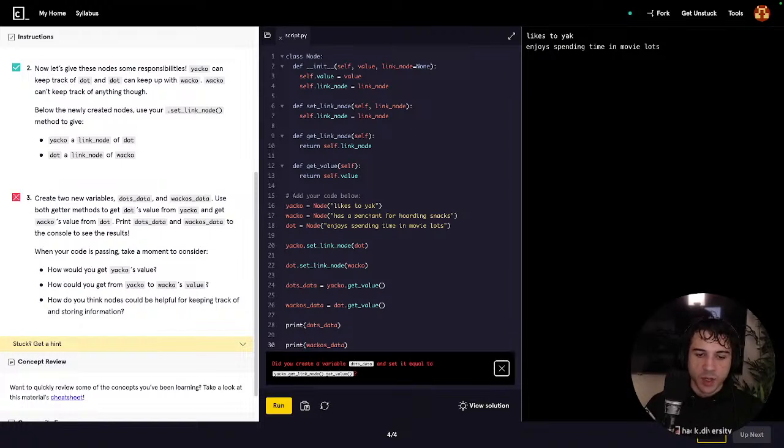Did you create a variable Dot's data and set it equal to Yakko.getLinkNode? I see. So Yakko is a node with the value likes to yak, Wacko is a node with a value has a penchant for hoarding snacks, and Dot is a node with a value enjoys spending time in movie lots. Yakko's link node has been set to Dot, which means